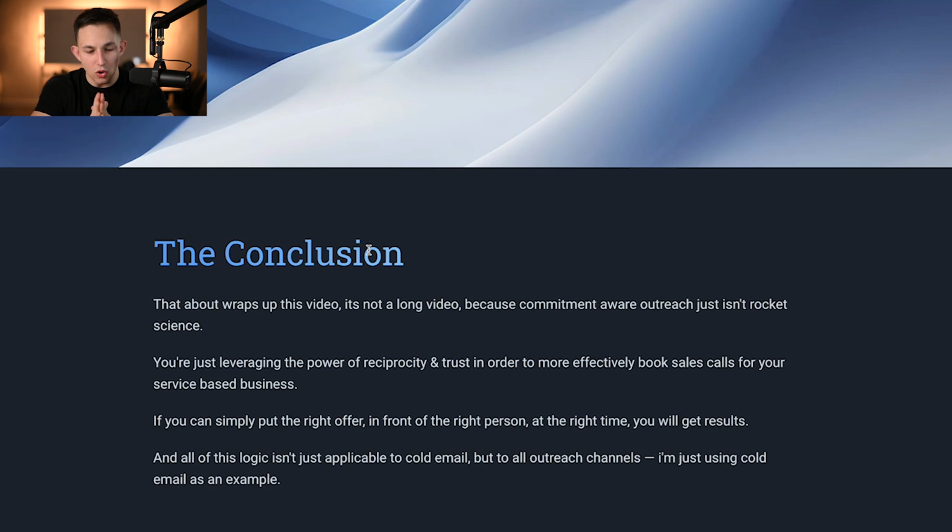Now, all of this logic isn't just applicable to cold email. Now, I know I used cold email in the example, and I talked about cold email for the majority of the video, but this works for anything, whether it's an ad, whether it's a cold DM, whether it's a cold email, whether you put this in a newspaper, it doesn't matter. You provide value first, and then you ask for something. You give, then ask, right? And this isn't even just business. This applies to all aspects of life. If you ever want something from someone, give them something first of value, and only then should you feel like you're in the position to ask for something of that person, okay?